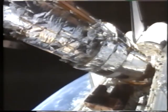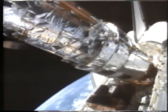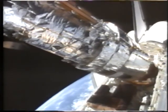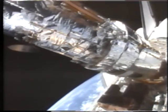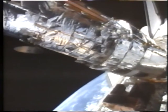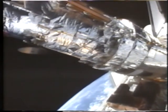This is Mission Control Houston aboard Endeavour. At present, the crew is just a little more than 5 minutes away from an engine firing that will serve to reboost Endeavour and the Hubble Space Telescope, raise the orbit to a circular orbit of 321 nautical miles above